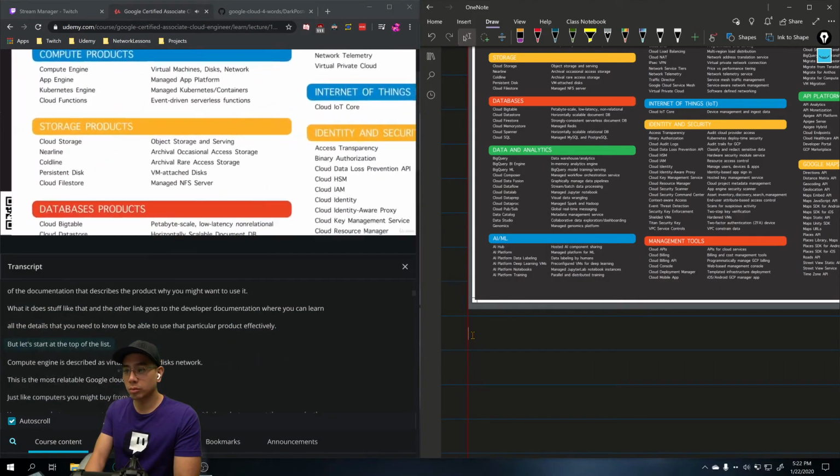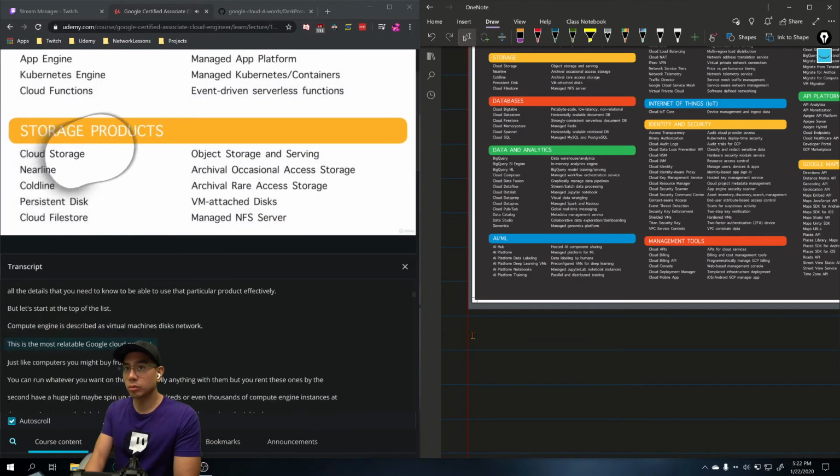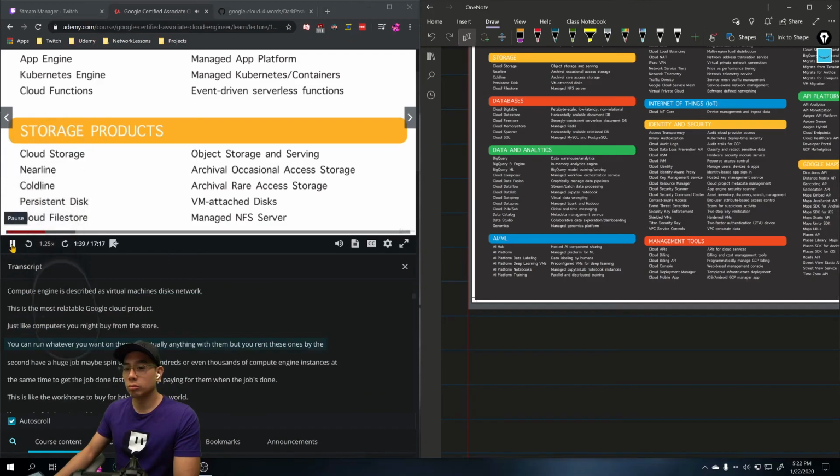But let's start at the top of the list. Compute Engine is described as Virtual Machines, Disks, Network. This is the most relatable Google Cloud product. Just like computers you might buy from the store, you can run whatever you want on them. Do virtually